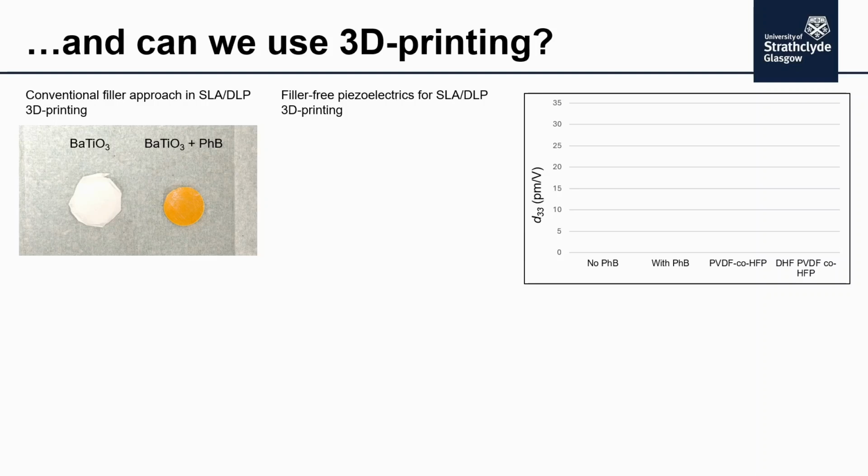You can fix that by adding what's called a photo blocker that has this orange tint, and then you can see that the resolution is incredibly nice. The problem is that your piezoelectric constant, your D33, goes down, so you need to find a trade-off. If you want to develop a sensor, you need to decide if you want better resolution or